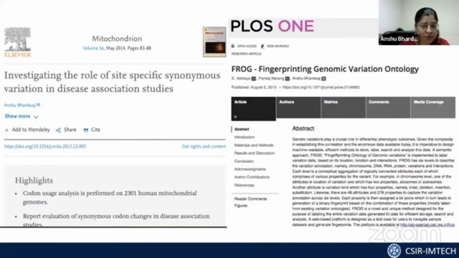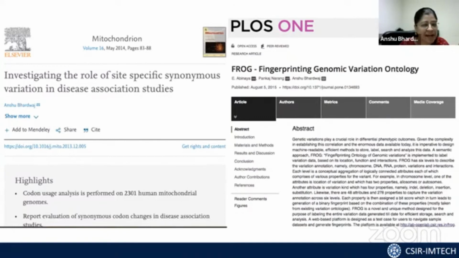Some of the things that I'm not discussing today, but would really recommend you go and read, are these: many times you will hear that synonymous variations, the variations that do not change the amino acid, will not have an impact on the disease phenotype. That is not true. We have shown in this work that they can have a disease association impact. And second, the data size that we are now looking at is going to be such that by 2025, in another 3 years, genomic data will bypass the data that we generate on social media.